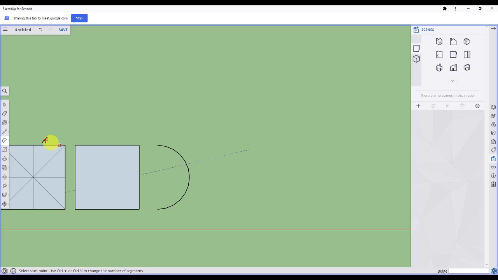Moving on to the circle tool. The circle tool is under the square toolbar menu, and I'll click on it. Right now, if I look over to the right-hand side of my screen, it says sides, and that means this circle is going to have 24 sides when I build it. So if I build it at 24 sides, you can kind of see how